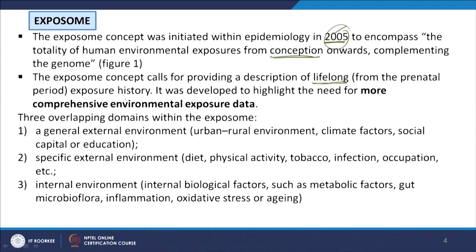exposome concept came from. What it does is it calls for providing a description of lifelong exposure history, from the prenatal period. So, right from birth, even before birth, from conception to this current moment, what are the different chemicals you have been exposed to, what are the different kinds of smoke you have been exposed to, environmental stresses. So, the body accumulates the stress from all of that. So, there are two kinds of